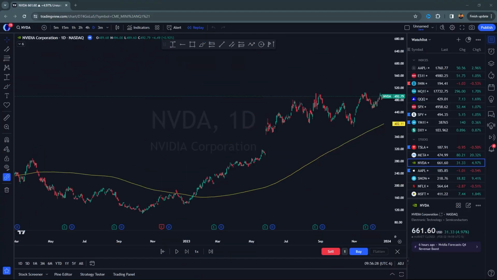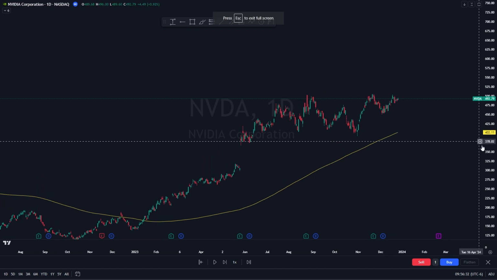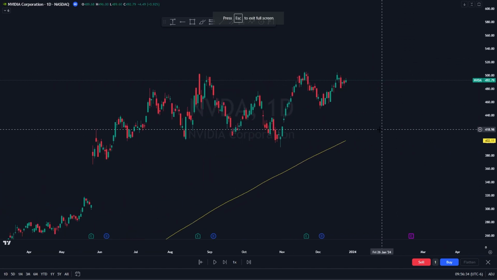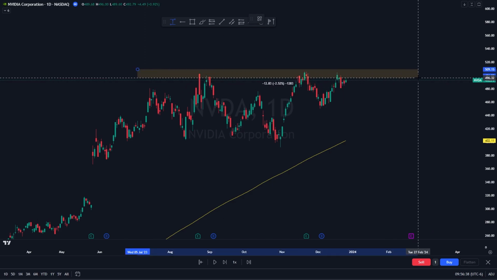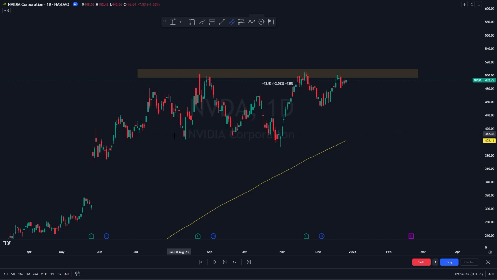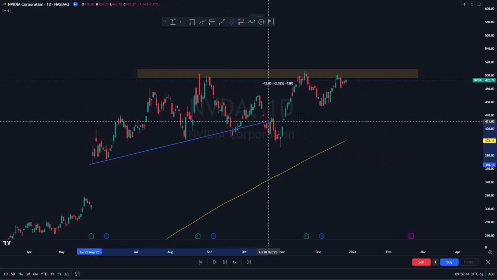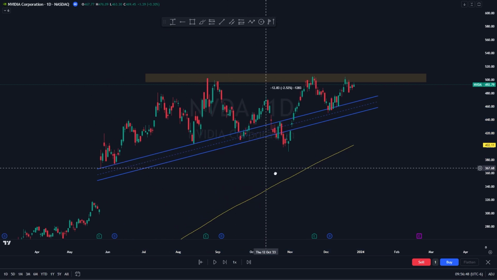Now, I want to go more on higher time frames here as well, because in my opinion, I make the most money for myself on swing trades, and I would love to hear what you guys say as well. So when I look here, you're making a clear flat top, and all these you can Google, and I recommend that you do research everything that I'm saying, so you can make sure that I'm not just feeding you a load of crap. So what you had here was higher lows being made here on NVIDIA on the daily chart,